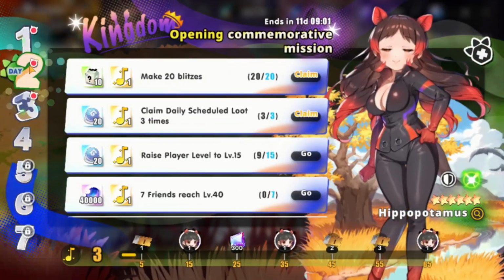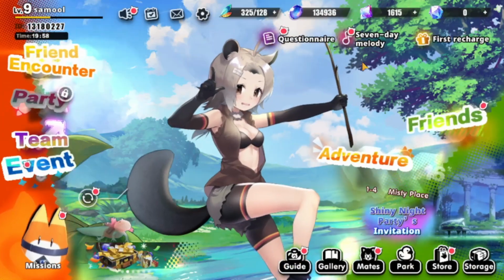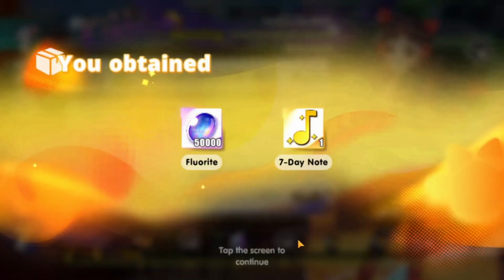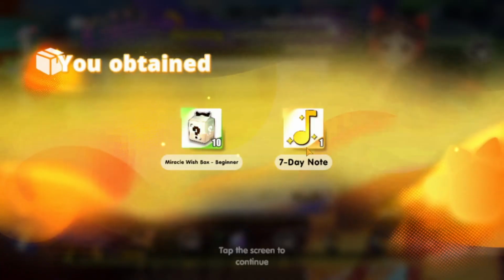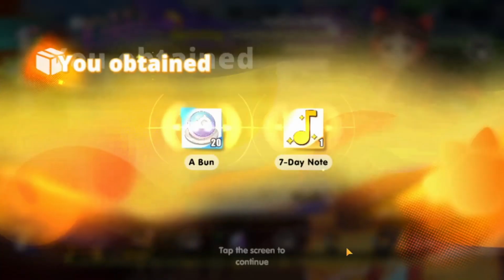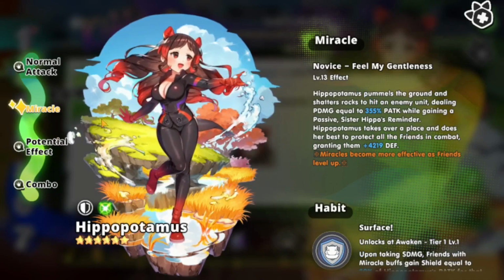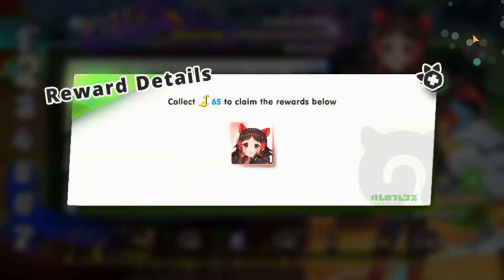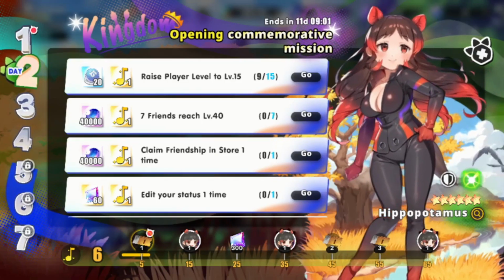There's even a guide that you can follow in the game. This is going to be by clicking on here, the 7-day melody. This is going to actually help you through the game, pretty much guide you through what you have to do. And by doing these missions, you will get, as you can see, a ton of these rewards, which are very important. At the bottom here, you'll see that you actually will be able to get a free 6-star friend here. So hippopotamus, which I'm guessing is based on the real life animal hippopotamus, but basically a free 6-star friend,